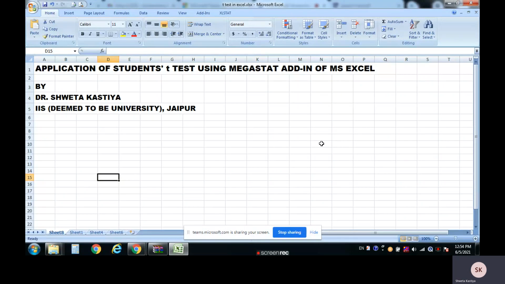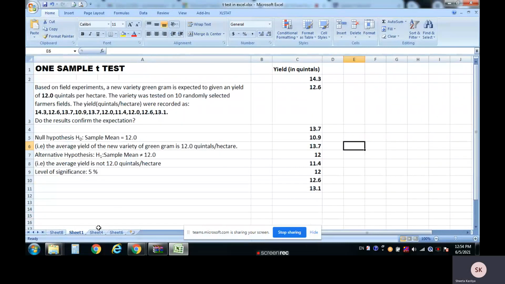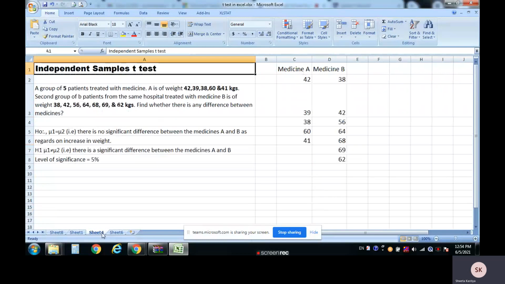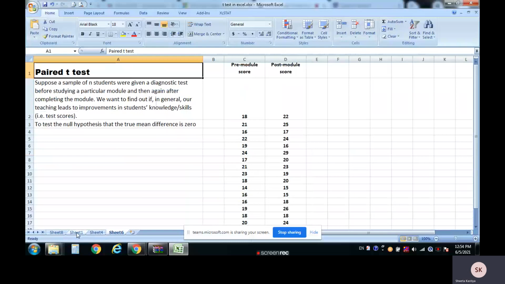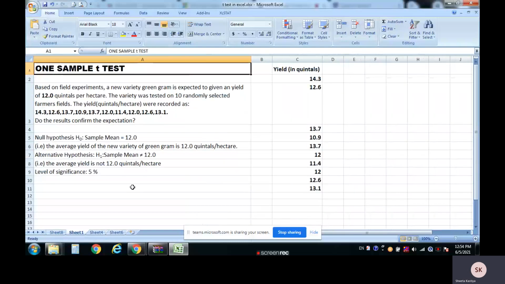Today, I'll teach you the application of students' t-test using Megastat add-in in MS Excel. So basically, as you all know, there are three types of student t-test. First is one sample t-test. Second one is independent sample t-test, and third one is pair t-test. So now we start with one sample t-test, that how we can apply one sample t-test using Megastat add-in in